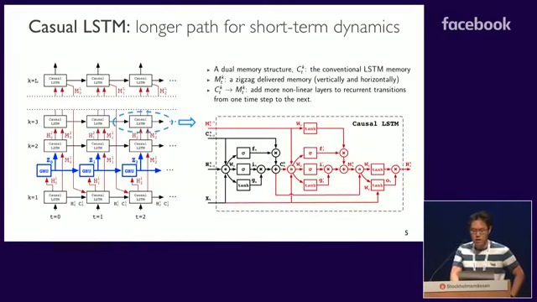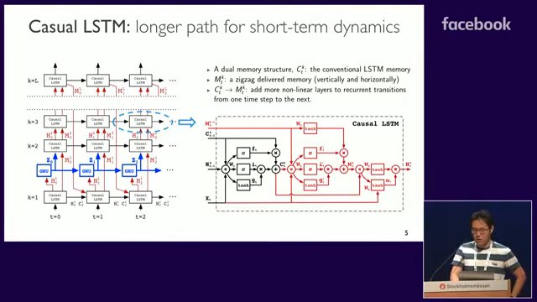Our insight is that both the short-term and the long-term relations are very important in video prediction or spatiotemporal predictive learning. And the first contribution of our model is the causal LSTM. We call it causal LSTM because it has a dual memory structure. The first memory cell is the conventional LSTM memory, and we set it on the base of our LSTM unit. And another memory cell is newly proposed. We call it spatiotemporal memory, denoted by M_t^k here.